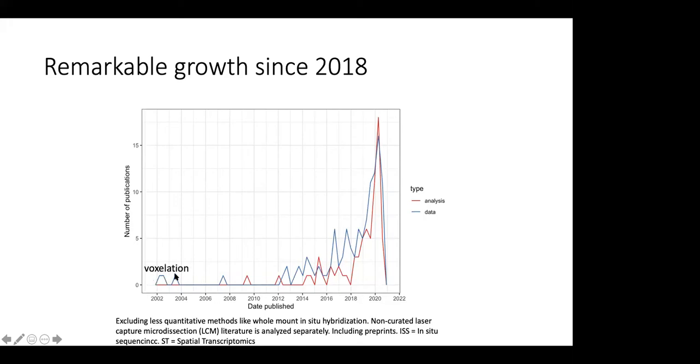So maybe you wonder what's that? That's voxelation. So in the early 2000s, some researchers at UCLA cut up sections of mouse and human brains into pixels, or grids of cubes, and then did microarray on those. And then in the first half of the 2010s, we saw some of the more familiar methods already introduced